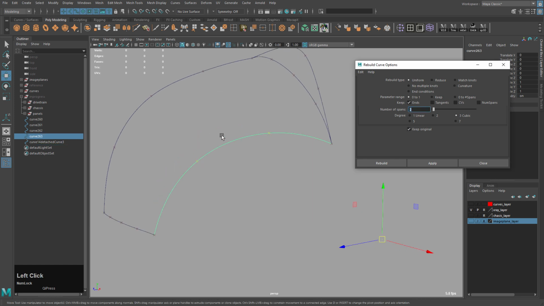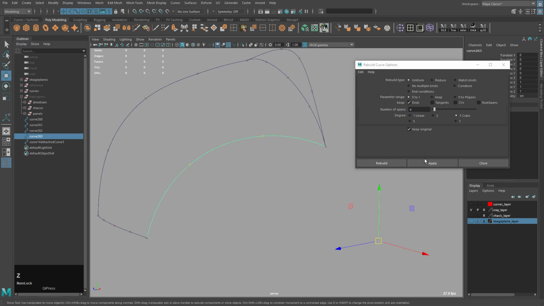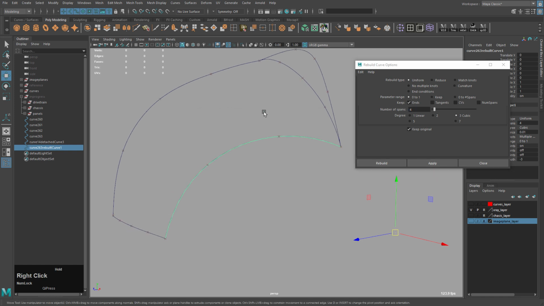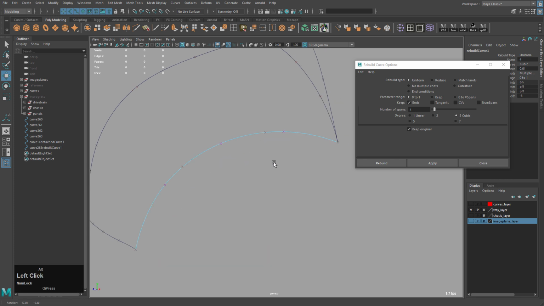I want to set it to, I have 1, 2, 3. I think I need 3 or 4. Undo, I need 4. Apply. Oops. Okay, so if we go to edit points, you can see 1, 2, 3, right, and we have 1, 2, 3 there. So you can see that this curve actually is pretty close. Even if it's not perfect, it's fine, so I'll keep it.